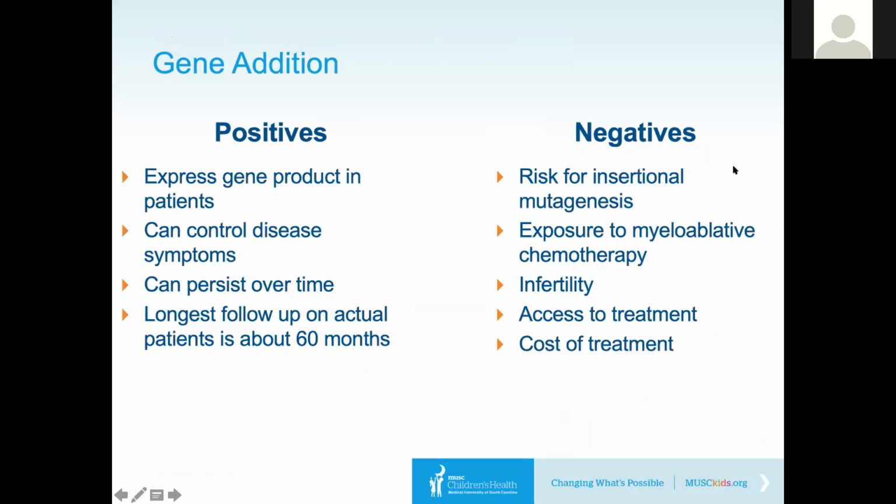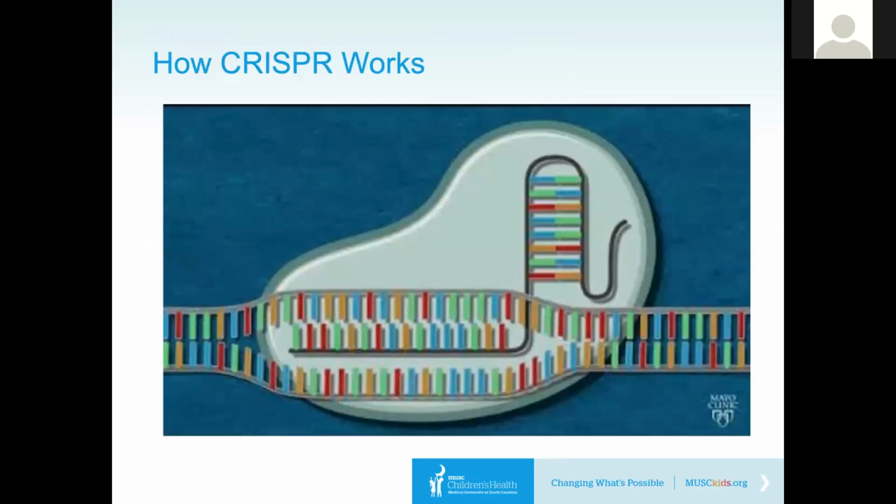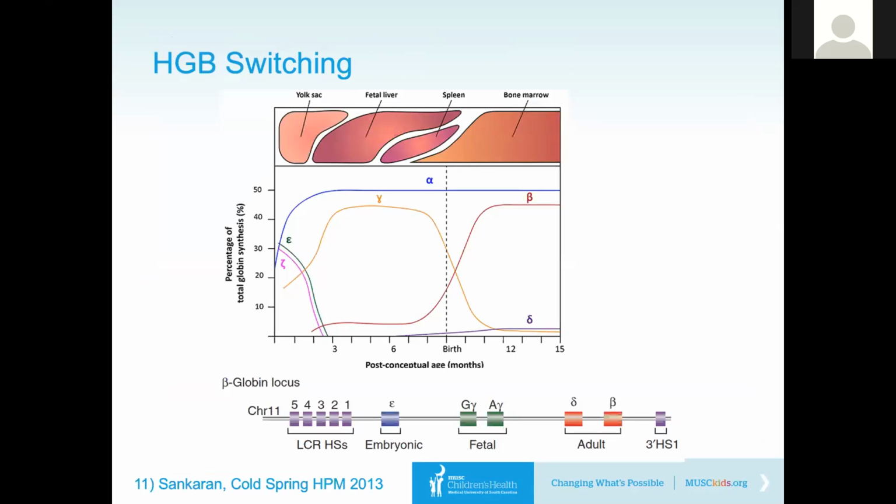The negatives are the risk for insertional mutagenesis, the exposure to chemotherapy, and infertility. Gene editing is a way to go in with molecular scissors, find the piece of DNA you want, introduce a strand break, and then either fix it with directed repair or non-directed repair. I don't have time to go through how CRISPR works, but one of the targets for CRISPR,